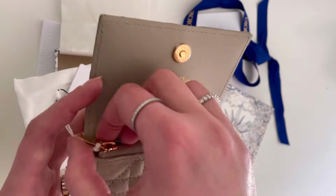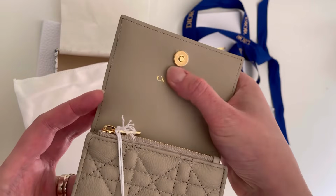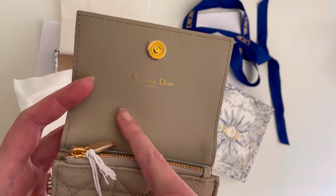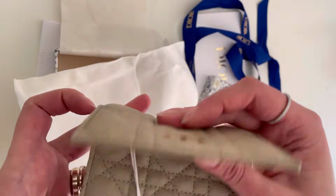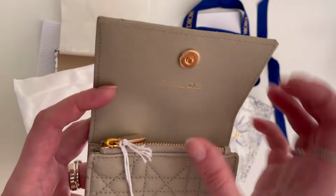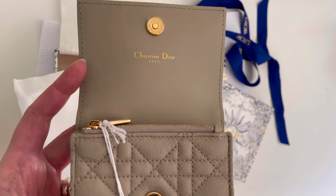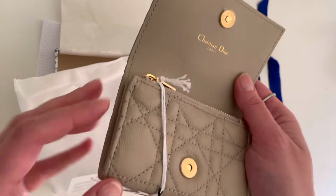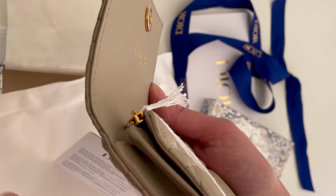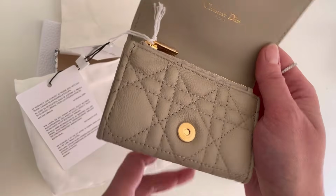Now this is interesting. So this part must have been kept like that, and the leather is scratched. Here you see. I don't know how did that happen? If I put the zipper here, it doesn't touch that part, so how did that happen? I mean, and what is this? It's deformed. I don't know what to say. Oh my lord,